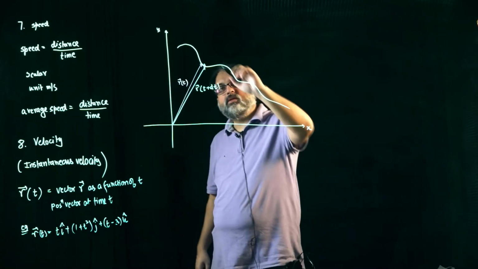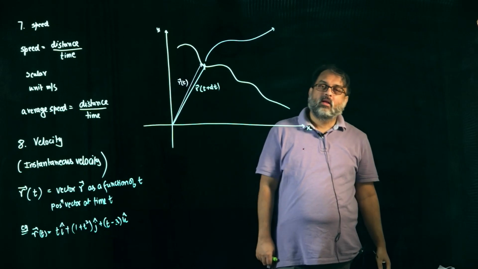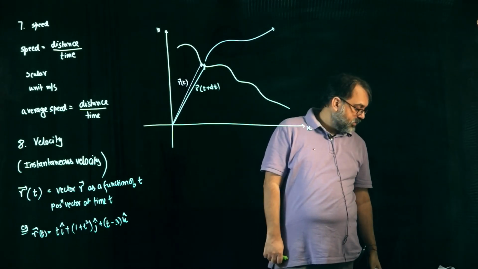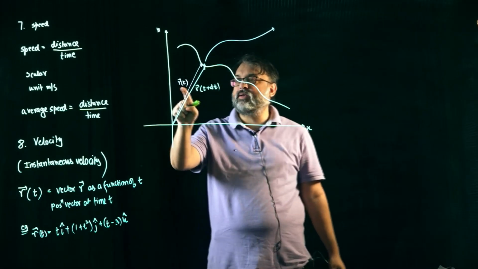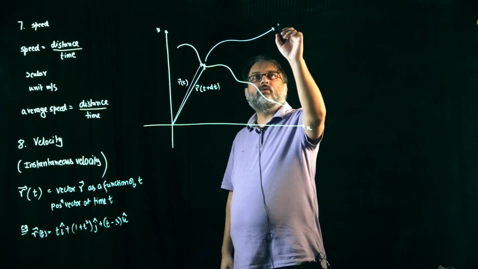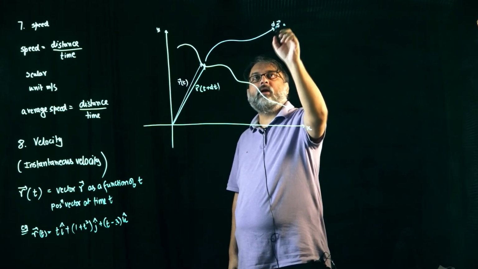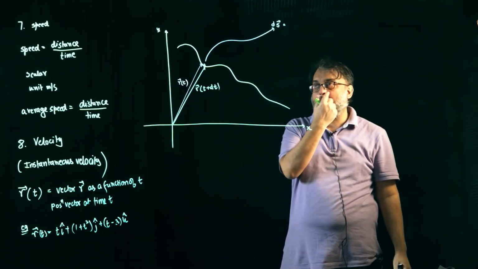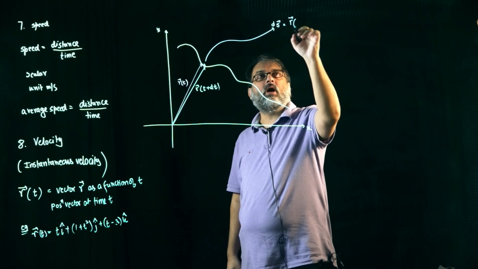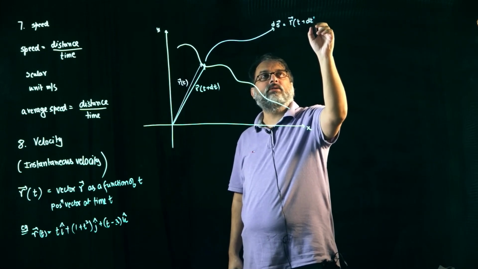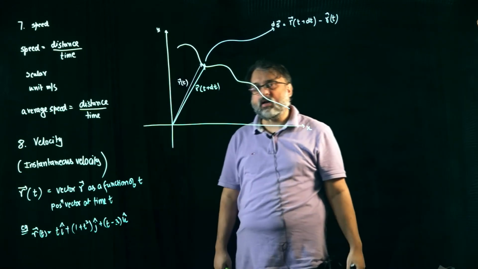And what will be the value of this displacement vector? We know this already. It will be this vector minus this vector. So the displacement vector S will be equal to, or let me write ds because it is very, very small, ds will be equal to the final position vector, which is r at t plus dt, minus the initial position vector, which is r at time t.